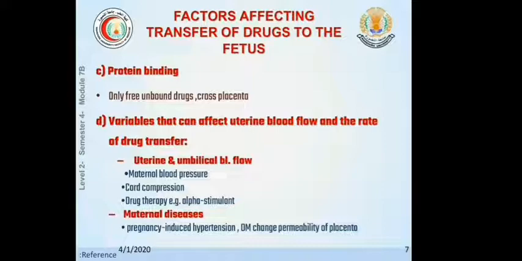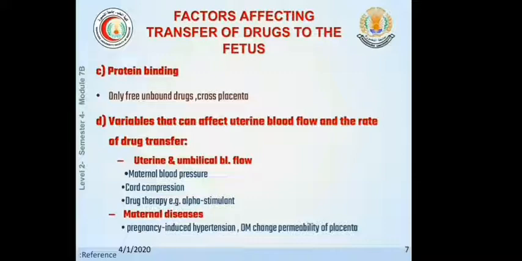So the plasma protein binding is an important factor affecting the transfer of drugs to the fetus. Also, the uterine blood flow can affect the rate of drug transfer to the fetus. So what are the variables that can affect uterine blood flow? Number 1 is maternal blood pressure. If there is maternal hypotension, it will reduce the uterine blood flow and the rate at which the substance reaches